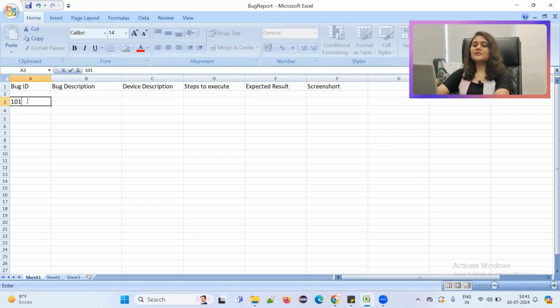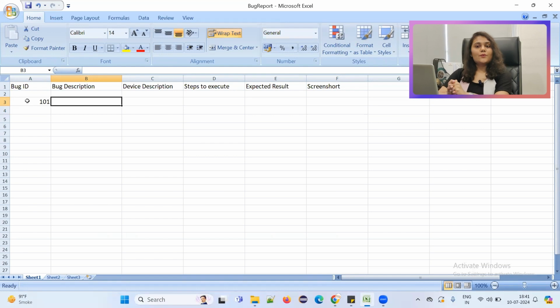Suppose I have mentioned 101. Now give the bug description. Suppose there is a bug that when you're registering on Facebook or any application with a registered ID, it is allowing it. So this is a bug.